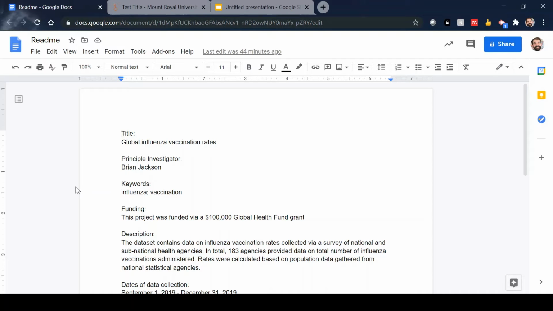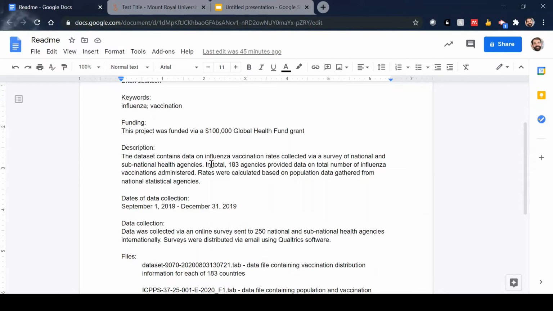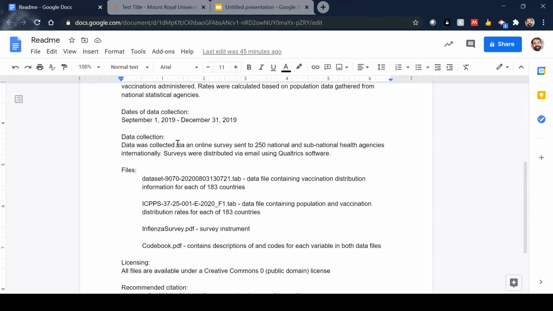A README file is a brief description of the files and the project. README files can include elements like the title of the dataset, the principal investigator or creator of the dataset, keywords that describe it, funding for the project, a description of the dataset as well as a description of the project itself, dates of data collection, methods of data collection including any instruments or tools used in the process, any geographies